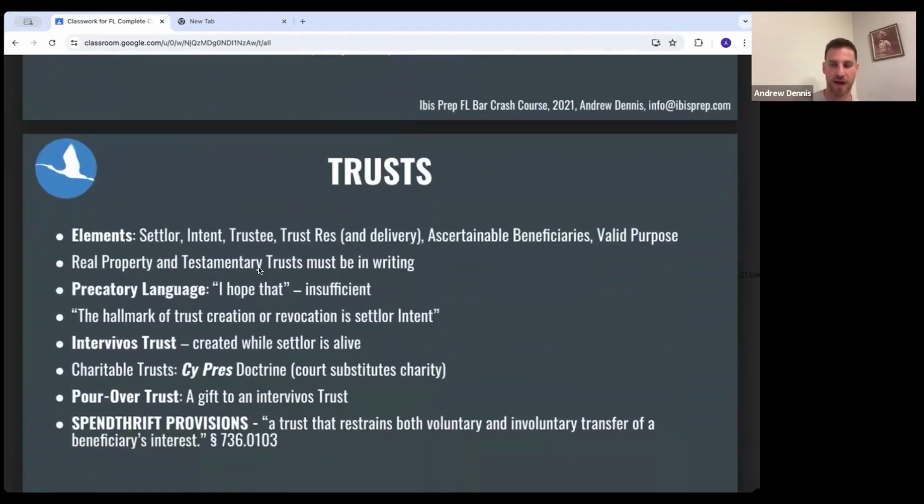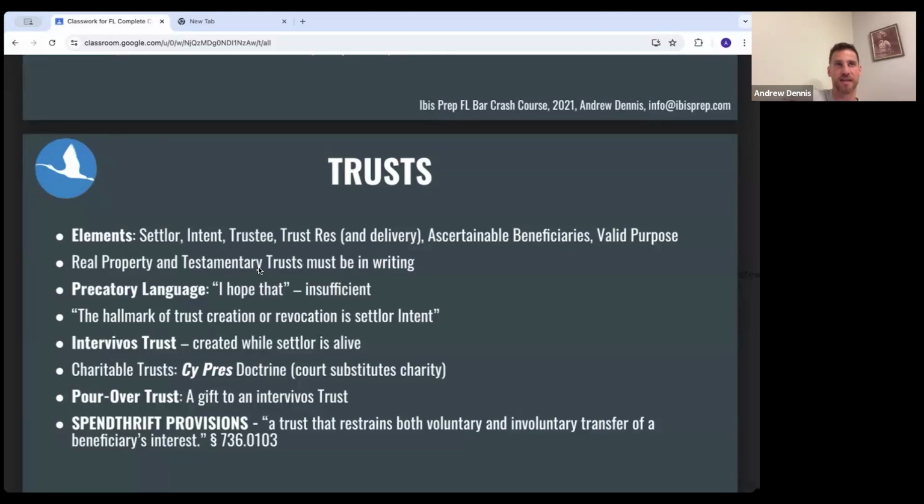All right, let's talk about trusts. Again, starting from the bottom here, these are subjects that are not heavily tested, but if they are, you want to be ready for them. So we talked about different types of trusts when we played our Jeopardy game. I remember that mnemonic, like Trissy Dunks, that Will came up with. Testamentary trusts, revocable trusts, inter vivos trusts, spendthrift trusts, inter vivos trusts, discretionary trusts, mandatory trusts, oral trusts, no contest trusts, which are not valid in Florida, charitable trusts,